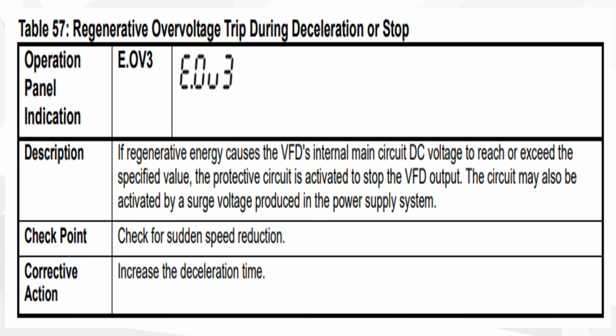एक एरर कोड है E03 रिजनरेटिव ओवर वोल्टेज ट्रिप ड्यूरिंग डीएक्सेलेशन और स्टॉप। मतलब जो लाइक रिजनरेटिव ओवर वोल्टेज हो जा रहा है जब हम लाइक या तो डीएक्सेलेशन हो रहा है तब, या फिर हम स्टॉप कर रहे हैं उस केस में।